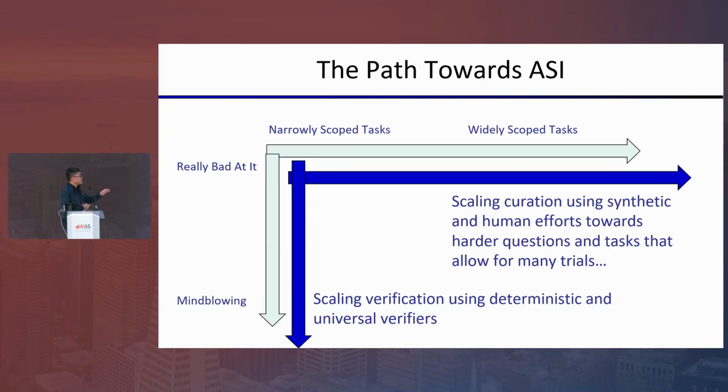So this slide summarizes what we have been discussing. Generally, to march towards artificial superintelligence, there are two directions we need to pay attention to. One direction is vertical scaling. We really want to make sure we produce super reliable, highly intelligent AI that's able to solve specific tasks. There's a very high level of intelligence. We should be able to do this using highly complex, deterministic, and universal verifiers.